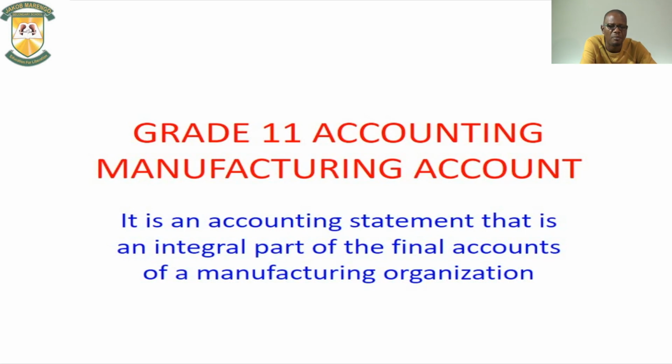It indicates, among other things, prime cost of manufacturing, manufacturing overhead, the total manufacturing cost, and the manufacturing cost of finished goods. Please try to understand those four terms I mentioned. One, prime cost of manufacturing. Manufacturing overhead, the one we call expenses in the trading account. The total manufacturing cost, and lastly, the manufacturing cost of finished goods.